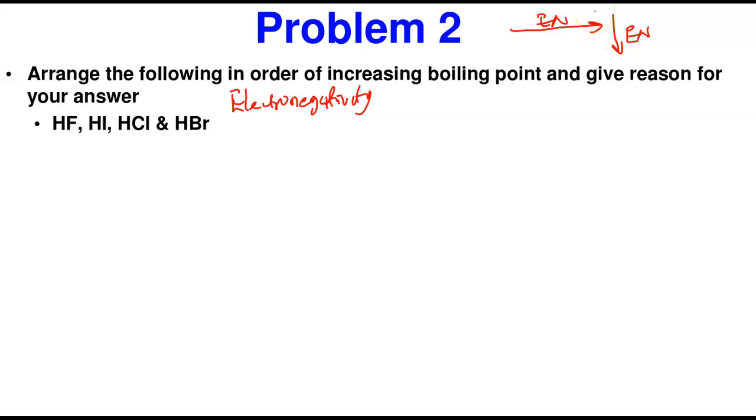And what's interesting about that? The interesting thing about EN is that if you look at all of these, hydrogen fluoride has the strongest electronegativity. Fluorine has the strongest electronegativity. So the difference between hydrogen and fluorine in the electronegativity will be higher. And that will make this actually the strongest bond. And not just that. Remember, hydrogen bonding